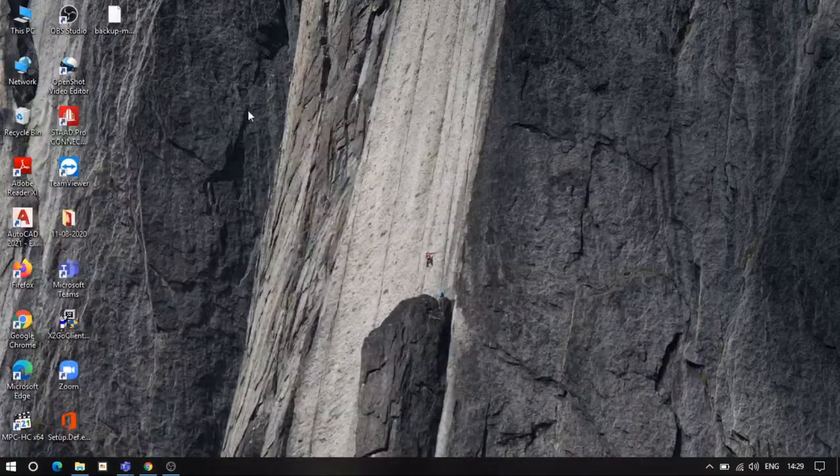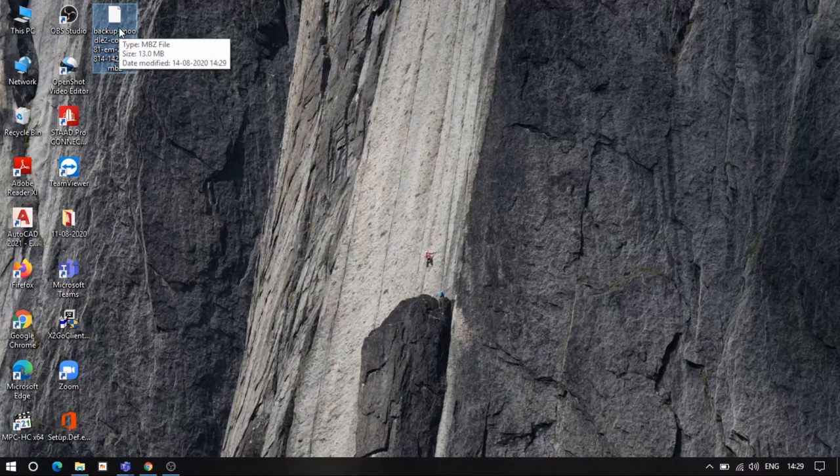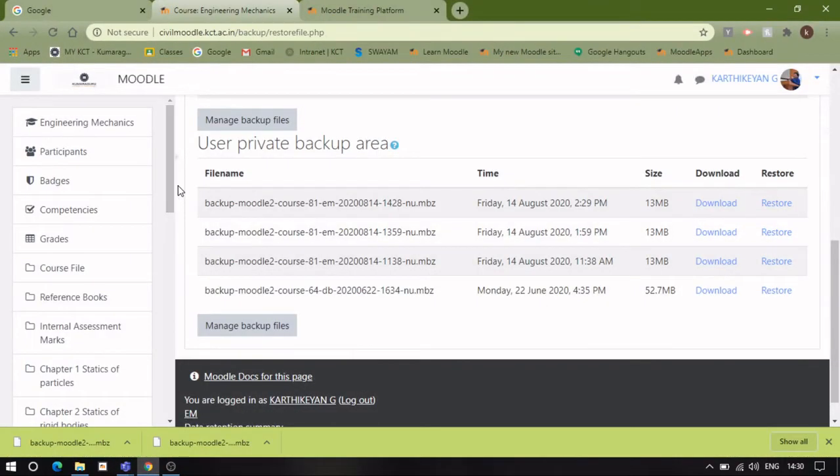Then I am going to check whether the file is available. Here the file is available, the backup file. The size of the file is 13 MB only, and this file is from a course we already created. We put a lot of effort into that. Suppose the Moodle site or the LMS platform gets corrupted, or your files get lost, that's why we are taking the backup. And in future we can migrate to some other Moodle platform or some other learning management platform. We can use this course file for that purpose in future also.